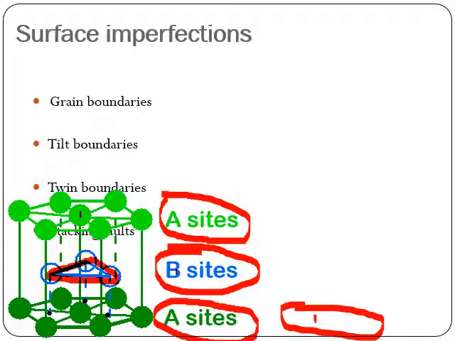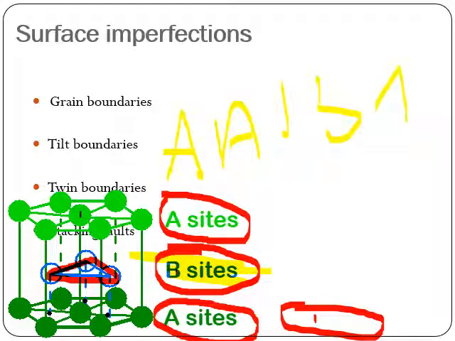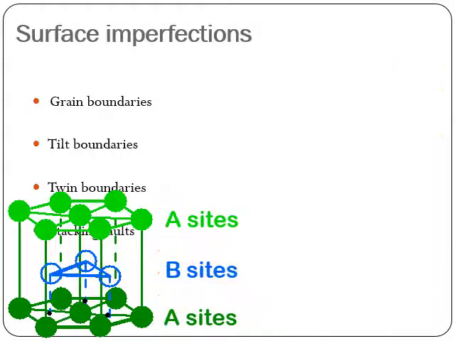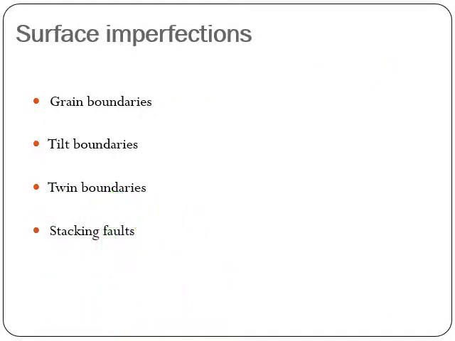So a stacking fault means one book is missing from its place. Say for example, the B is missing from its place. Now we write A, B is not there, again I will write A, again B, again A, again B. So now here if you see, the B is missing. So this is what a stacking fault is. A B plane of atoms is missing from its stack. Once again, we'll see it in the coming slides.